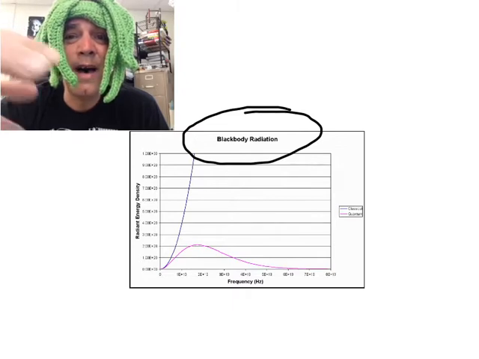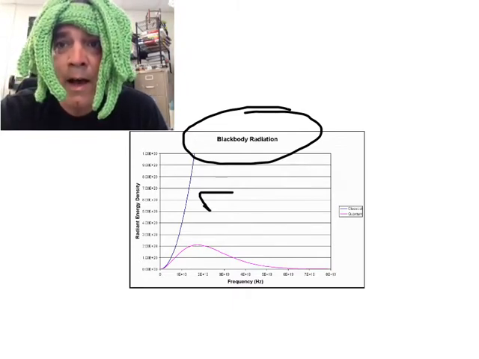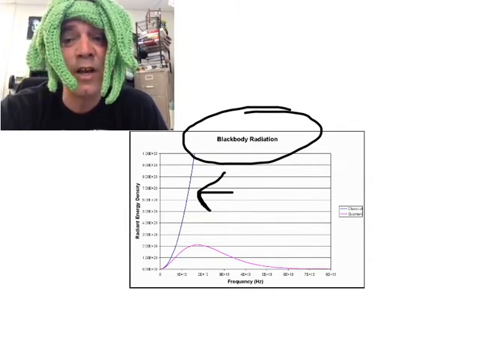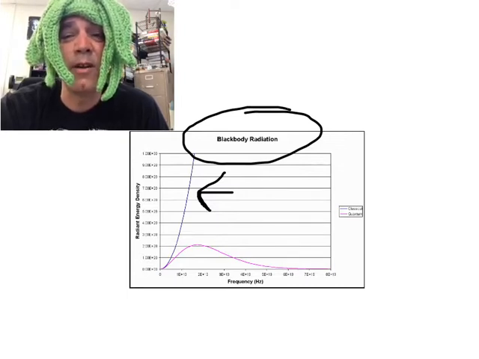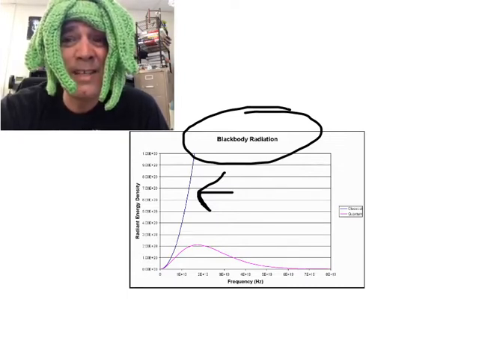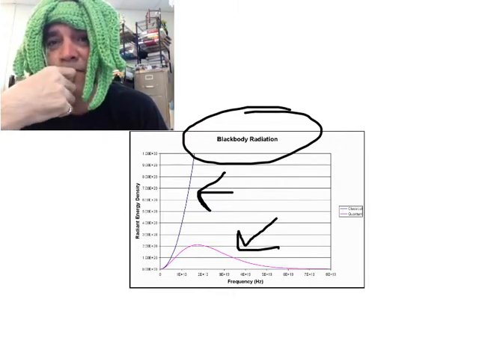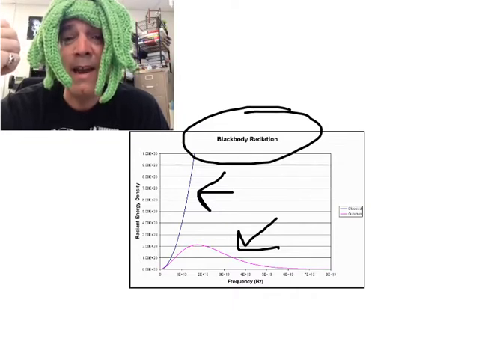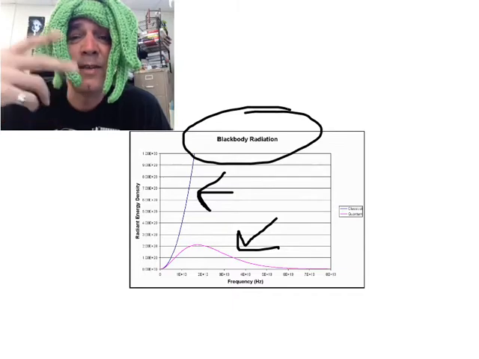According to our classical model of how light should work, we should get this blue line right here, that as our frequency went up, our energy density should go up as a nice smooth curve, probably an x squared curve. But it turns out that when they actually did the experiment, they got this pink curve instead. And that was a problem because that's not what they were expecting. And not getting what you expect is a lot of what this quantum stuff is about. It turns out somebody named Planck